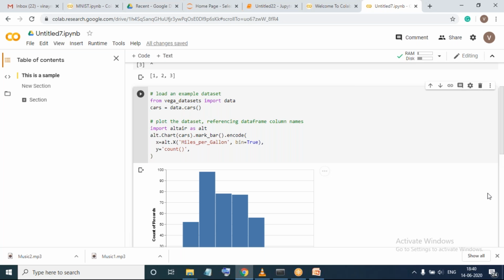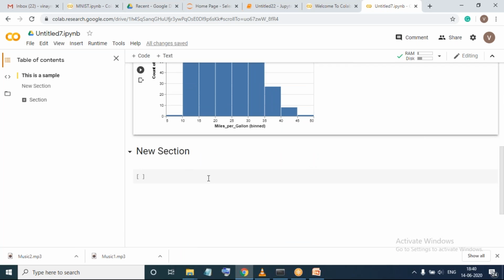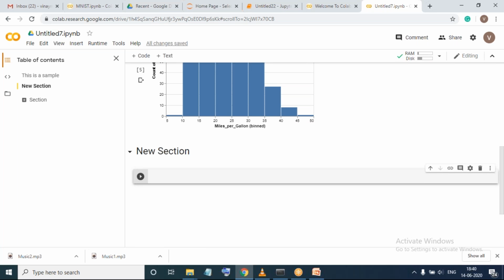So I will take a small example of how this Colab could be used. What we'll do is try to plot a sine wave using simple things. Friends, I hope most of you have gone through Python. Python has NumPy and Pandas as two major libraries, which we will be using most of the time in deep learning and machine learning. Right now, I want to plot a sine wave with the help of NumPy.